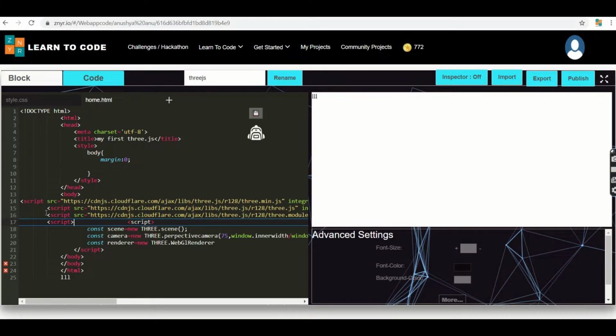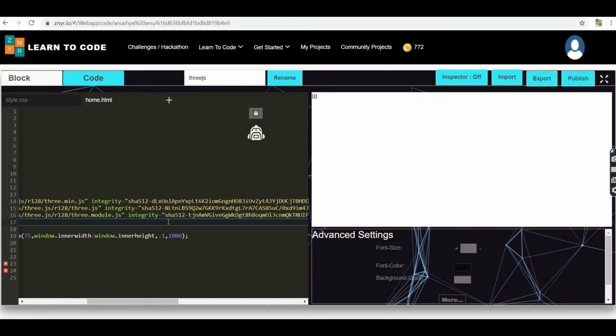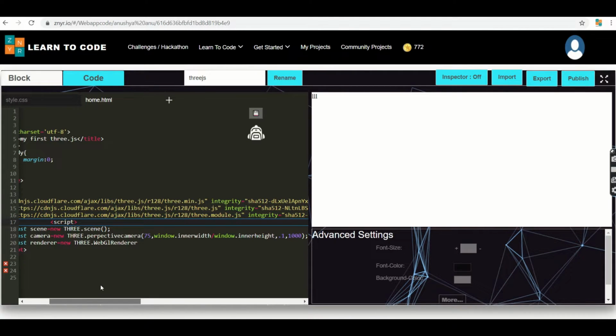So I hope in the script source we have used the respective link of CDNJS, where I used the integrity. Under the integrity, I have set the cross origin, which is anonymous, and next the referrer policy, which is no referrer. I have closed this particular script. Similarly, I have done the other two, which I will mention below, so that it gives a clear idea. So next we need to identify,